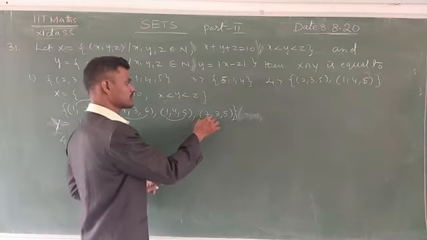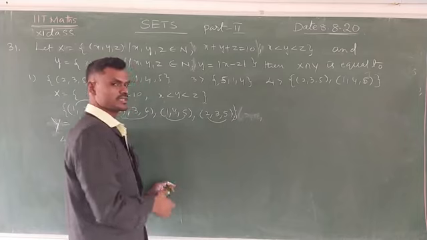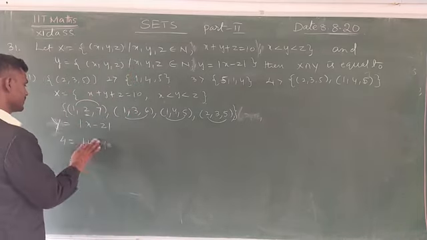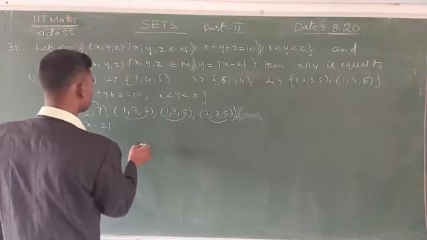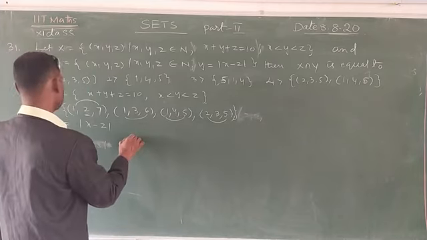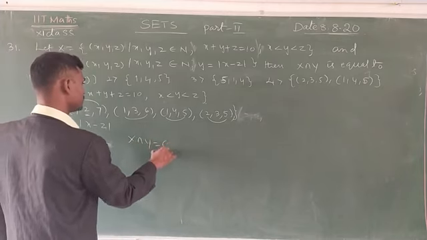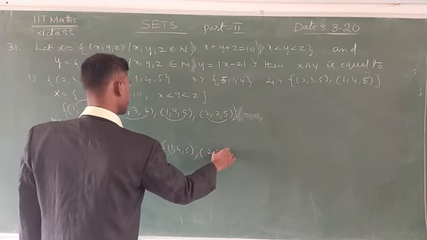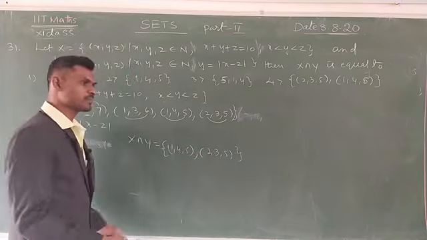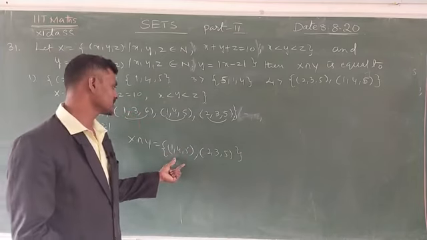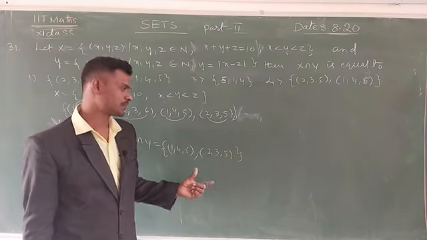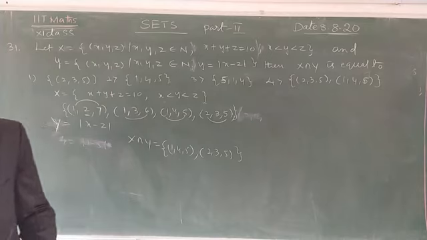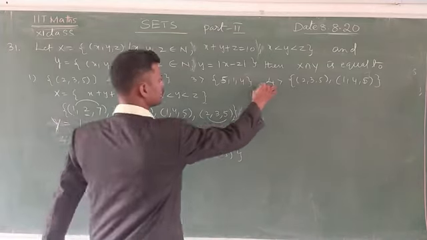Now this is also possible or not. 2 minus 5, modulus, is equal to 3. Then here the intersection is, here X intersection Y is equal to the set of (1, 4, 5) and (2, 3, 5). Here ordered pair means only 2 elements. This is 3 elements, means triplet. This is triplet. Note down. This is which option? This is the fourth option. Note down.